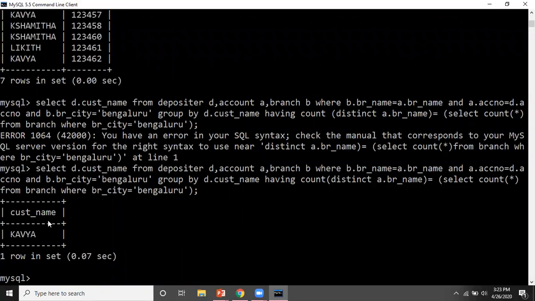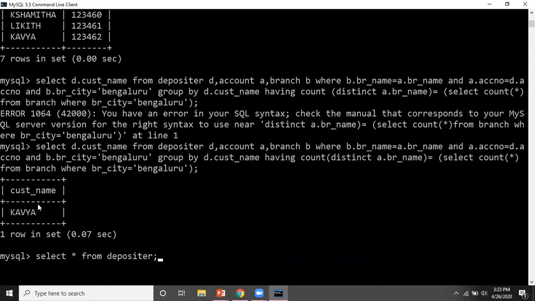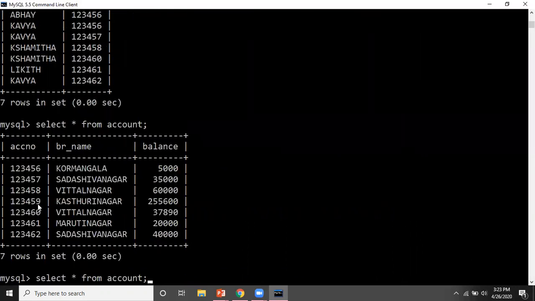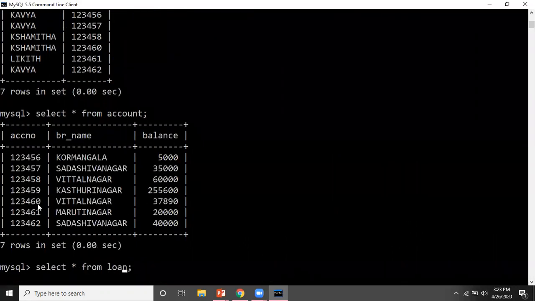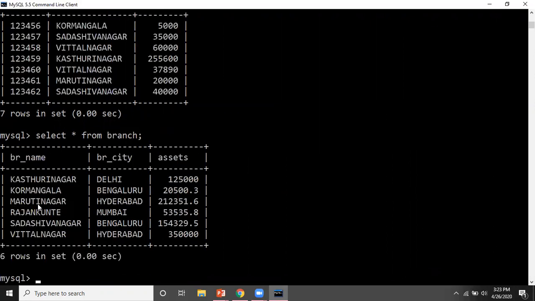Okay, if you can see here, Kavya is the customer. She is having account in all the branches of Bangalore. Let's see this. First, let me check depositor table, then accounts table, and then branch table. So here is my branch table.